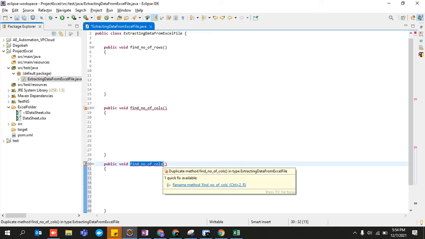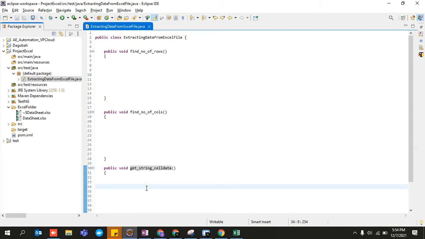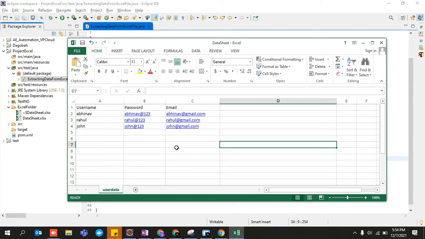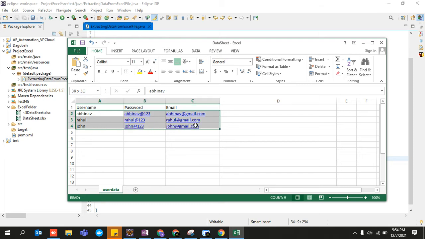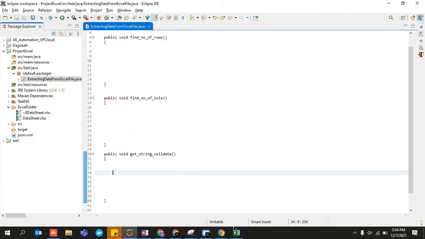So get string cell data. The cell is containing data which is of type string. So these are the three things you require if you want to fetch this entire data. These three methods are required. I hope you guys are able to understand.